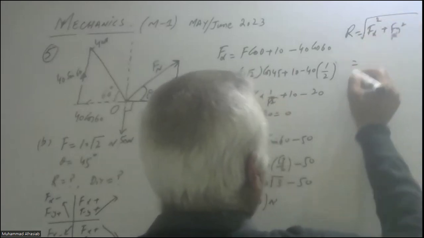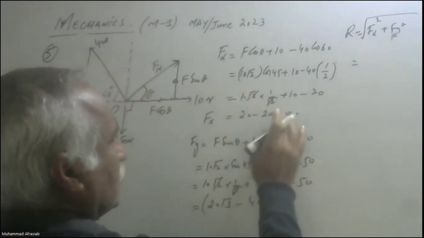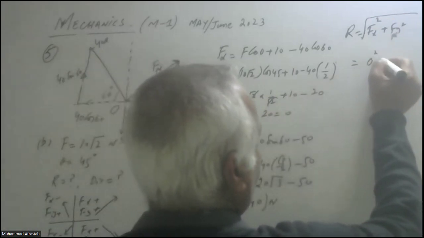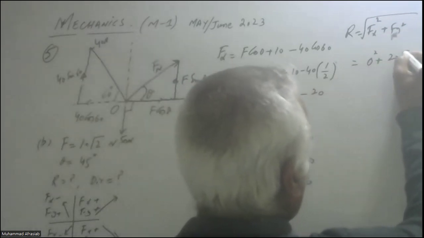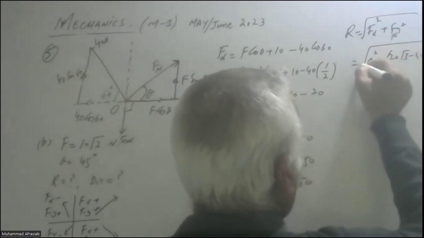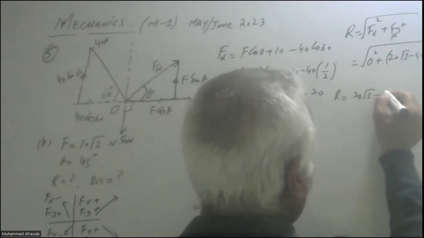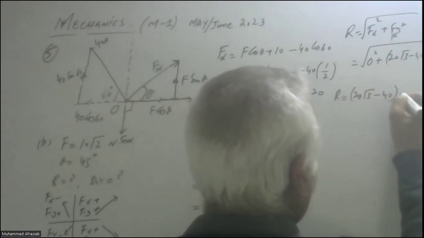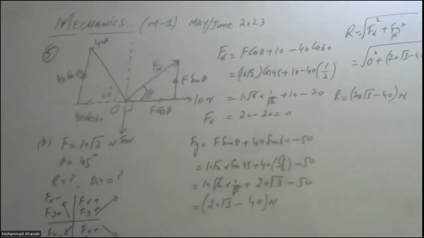So this should be equal to Fx equal to 0 plus Fy, which is 20 root 3 minus 40, whole square. So the net resultant force will be equal to 20 root 3 minus 40. This is the magnitude of the total resultant force of all forces